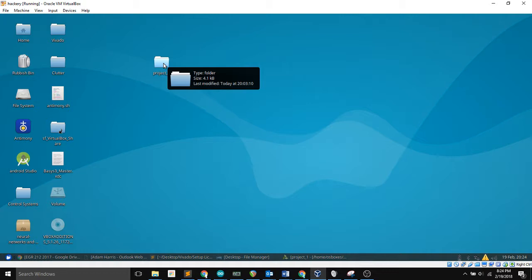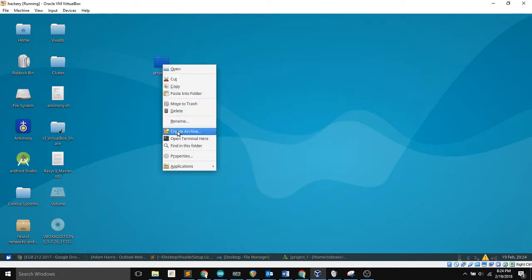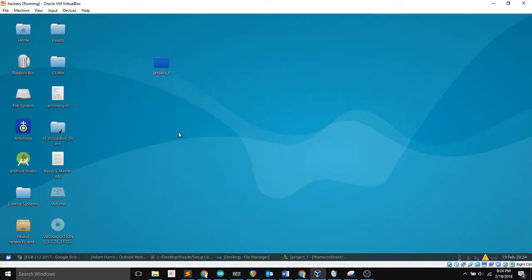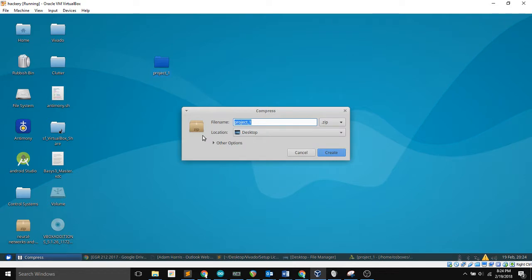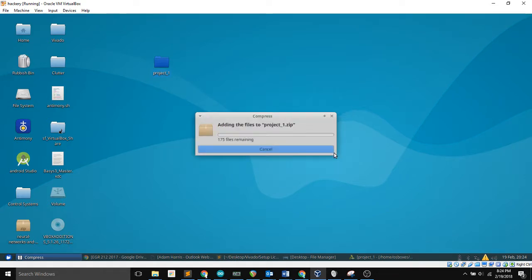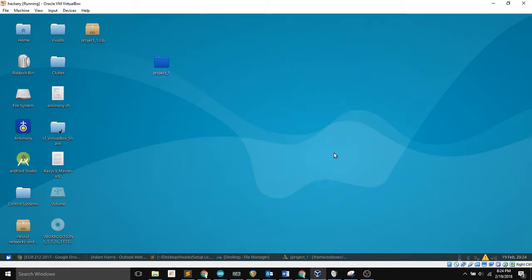in there. So what you need to do is right-click, go to Create Archive, and this is going to zip it in a zip folder. And you're going to say project1.zip, put it on the desktop. That's fine and dandy. So you saw it had about 175 files that it zipped in there. Now I need to put that somewhere that